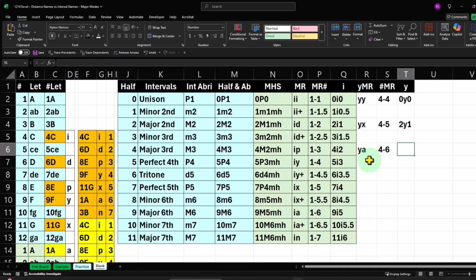4-6, mixed Lydian to the Aeolian is the 4 to the 6, and we're going to say that's going to be a 4 note away Y second modal half step, which would be the 3rd scale degree. So in other words, if I'm going from this Y to the A, that's going to be 2 modal half steps up from the Y node. How many actual notes up are we going? We're going from the Y to the A. So it's going to be 1, 2, 3, 4 notes up. So it's a 4 note up Y Lydian second modal half step, which would mean it would be the 3rd